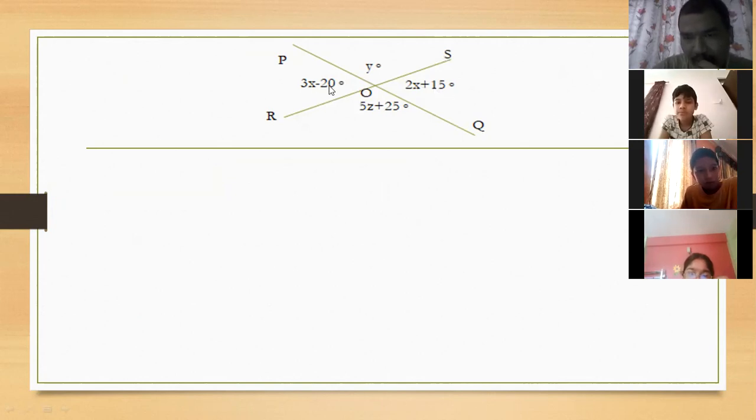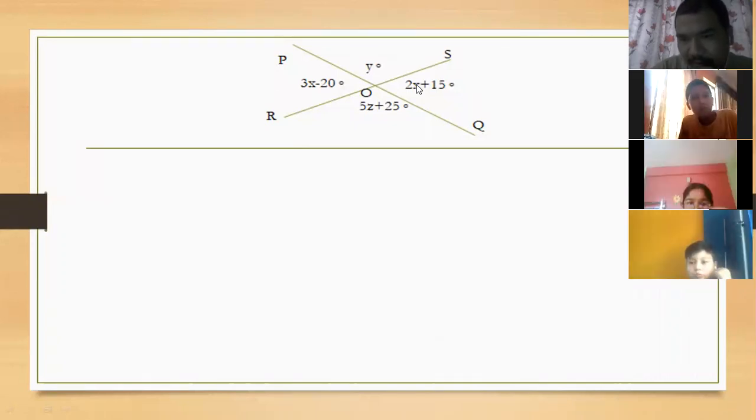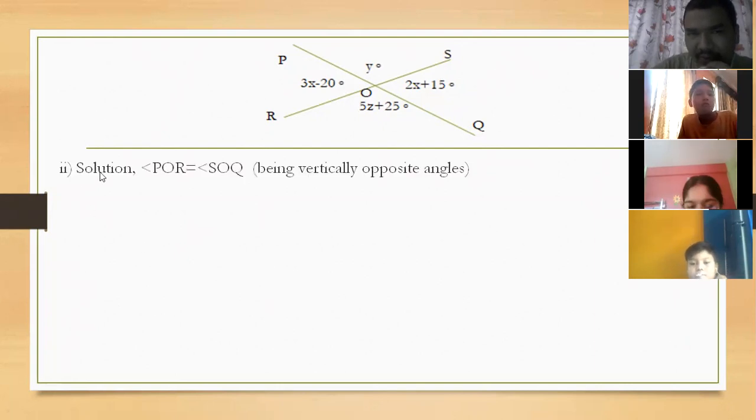Why should we start from this? Do you know? Because these vertically opposite angles are equal, and look here, this is given in the angles. Here is 3x, here is 2x. So this can be solved first. We have to solve them first. Okay, Sarah? That is what we have to do first.